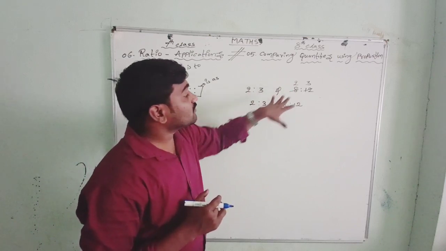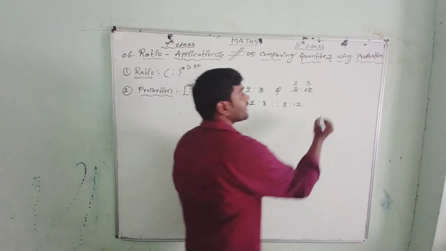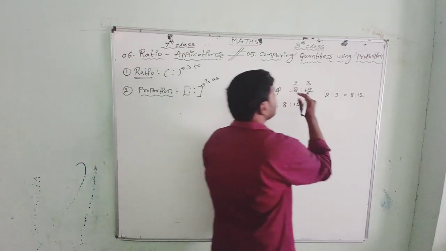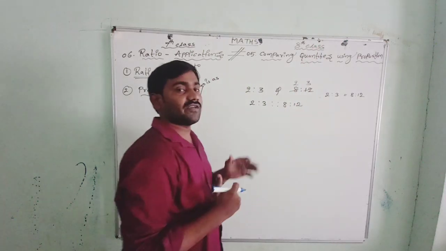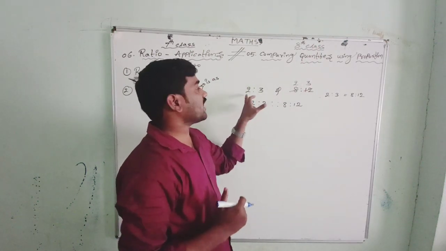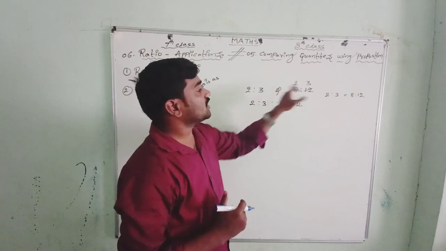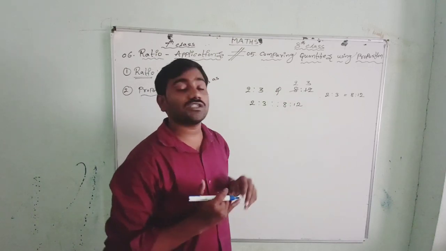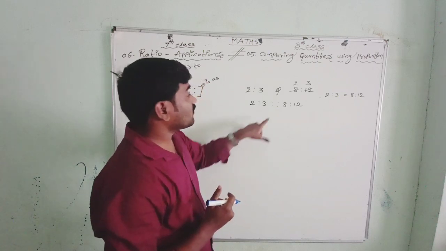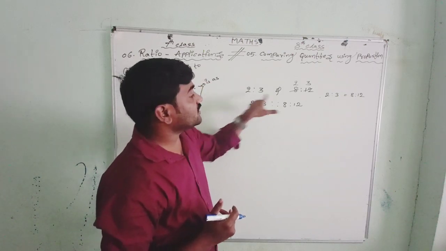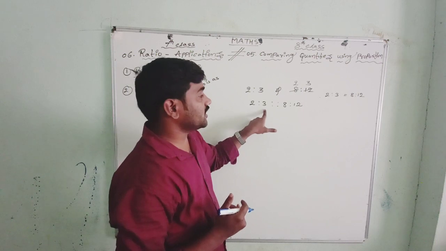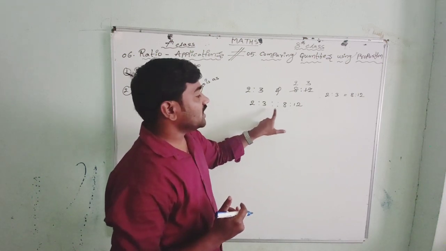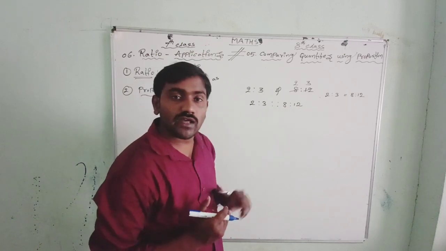Now equality of these two ratios, we can write this. 2 is to 3 will be equal to 8 is to 12. We have expanded this. We have multiplied by 4 number of times for this. 2 4s are 8, 3 4s are 12 like that. So equality of two ratios is known as a proportion. Now proportion can be written like this. Equality of these two ratios. 2 is to 3 is as 8 is to 12. You have to read it like 2 is to 3 is as 8 is to 12.